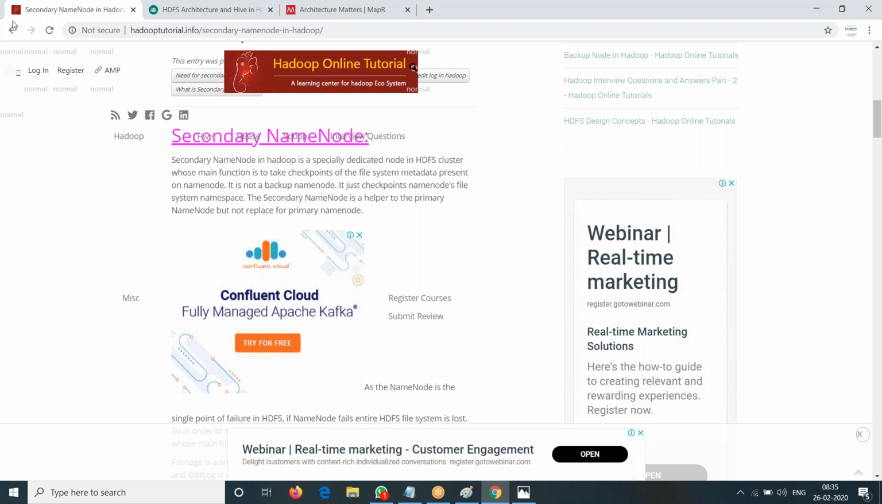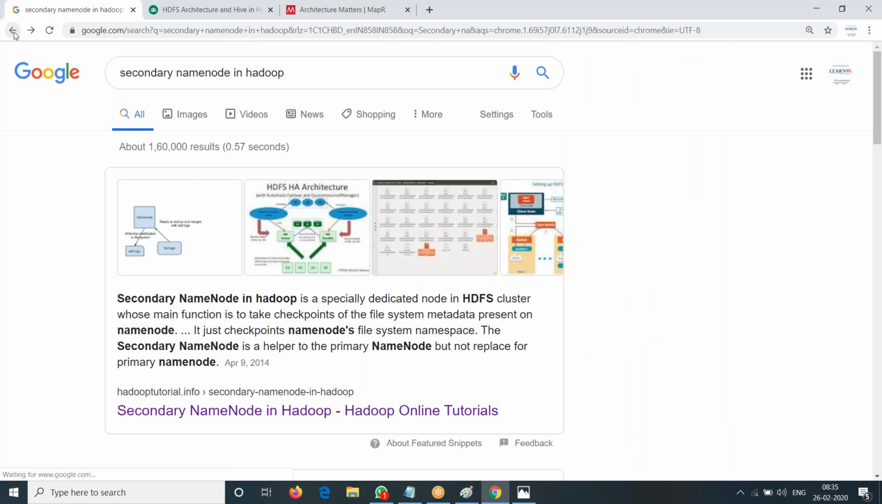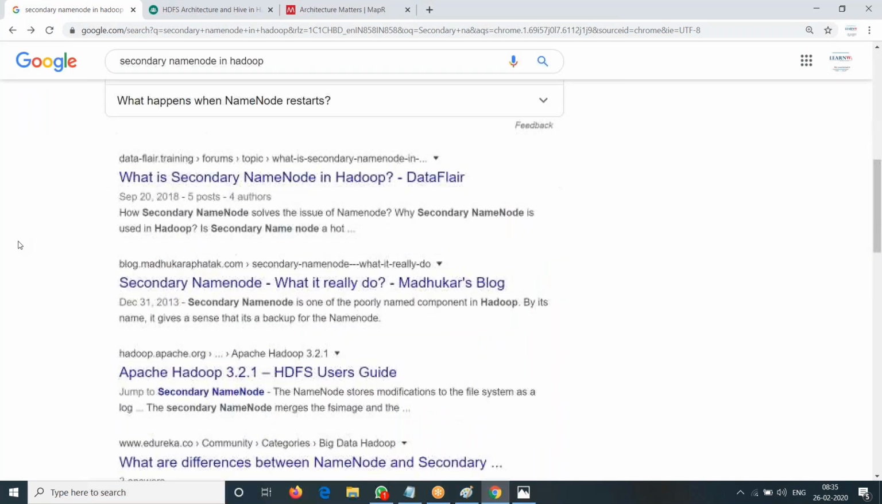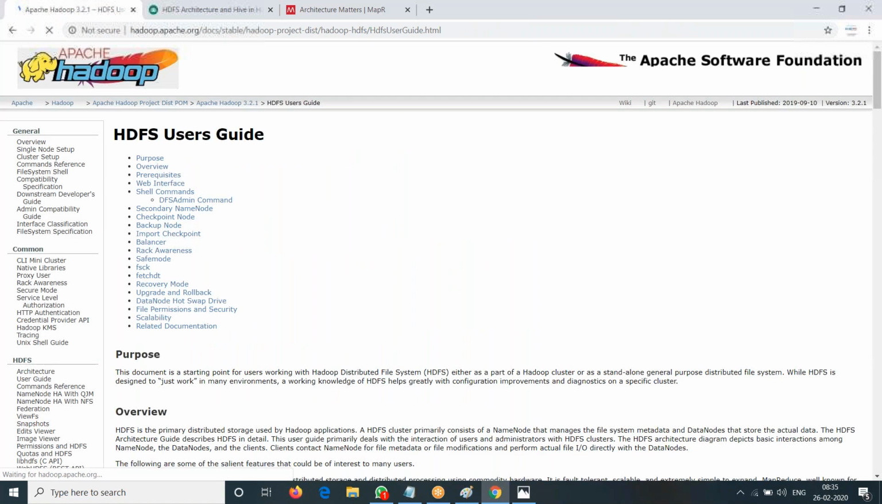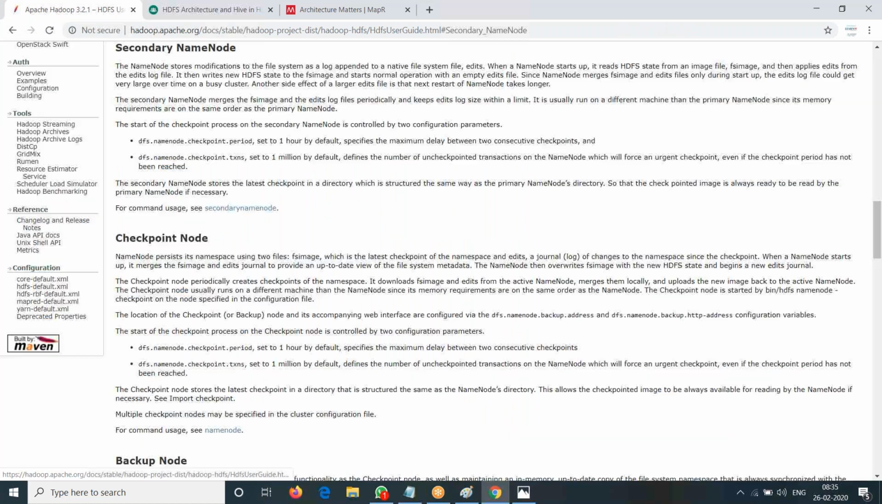I think it will take some time. We'll go to the official document. It's good to understand from there. This is official, okay? And now secondary name node. Go to secondary name node here, because that will be cleared here itself. Otherwise, what happens is these people will explain something and miss something. Okay. Now you see here,